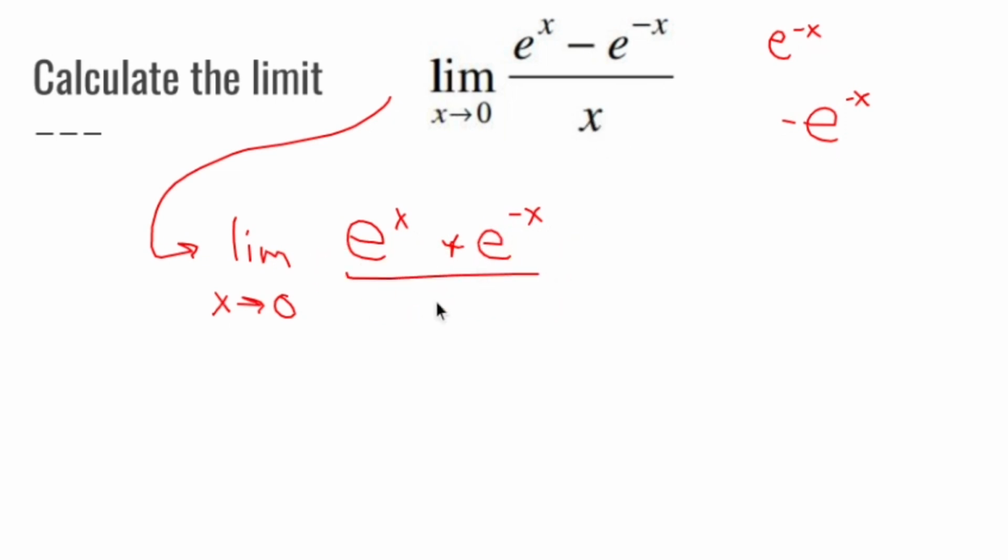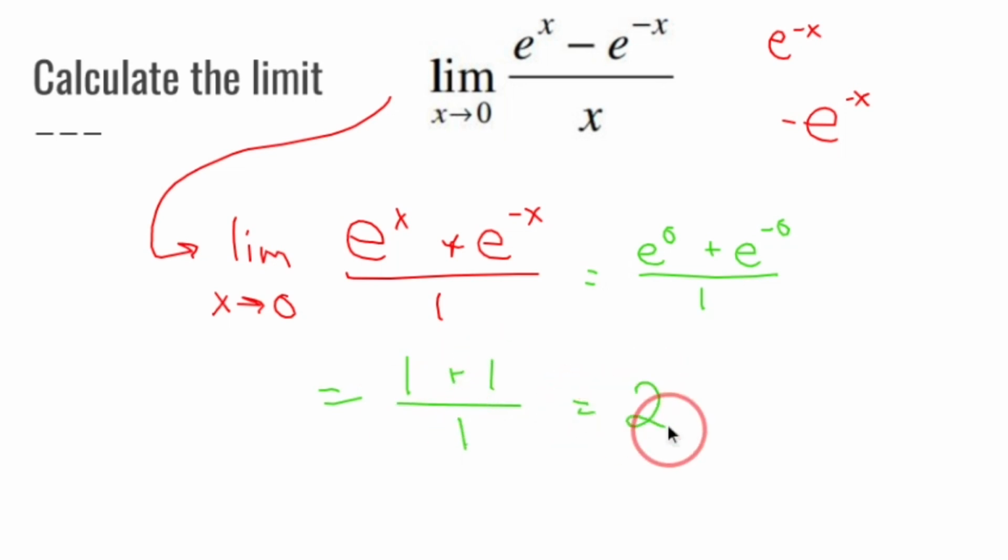Take the derivative of the bottom 2. That becomes 1. Now I plug it in and see what happens again. So I get e to the 0 plus e to the negative 0 over 1. E to the 0 is 1. E to the negative 0 is the same thing as e to the 0, which is 1 over 1, and